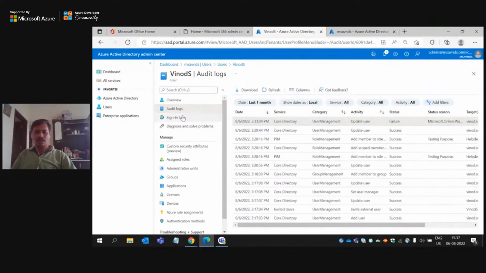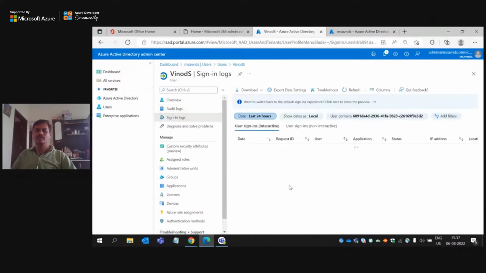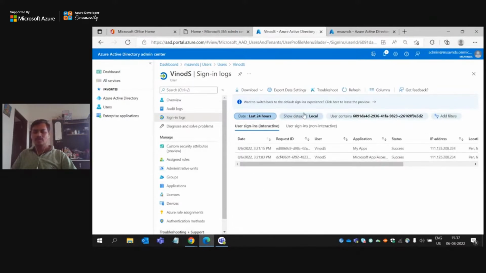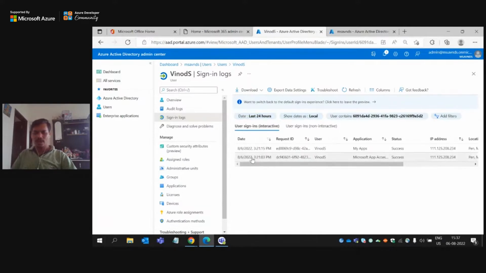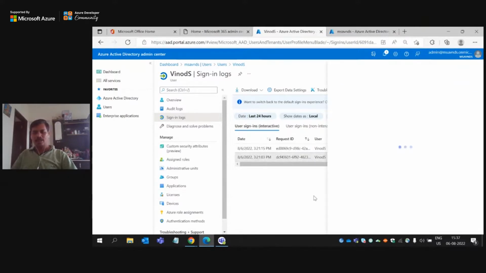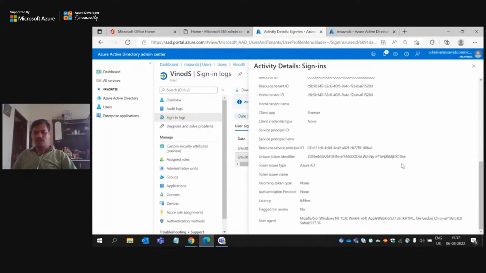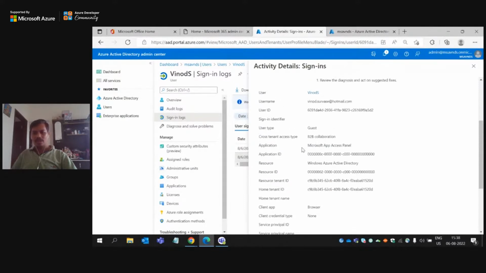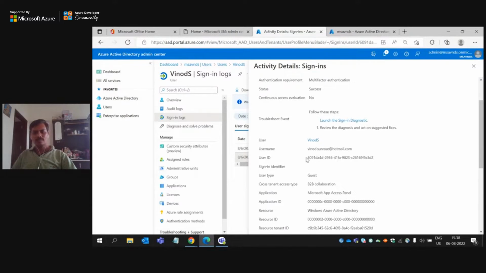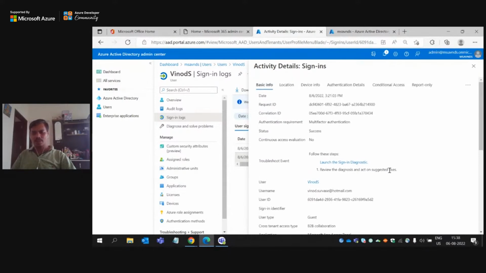Next we have sign-in logs. So far this user signed in only twice. The first one was when we hit the application invitation and accepted the invitation form; then this entry was logged over here with different details, like tenant ID, resource tenant, and different application IDs. We can see here the user ID, which is produced by our own directory from where this user has been